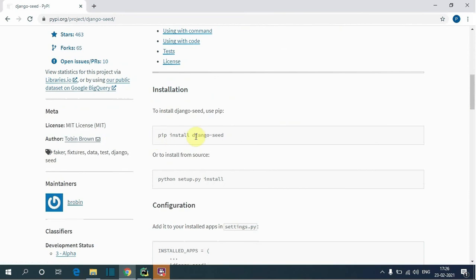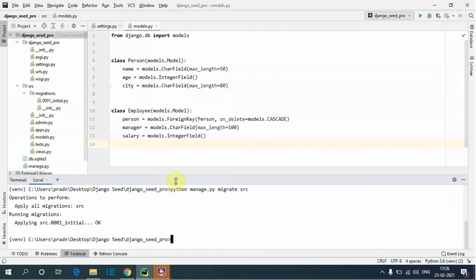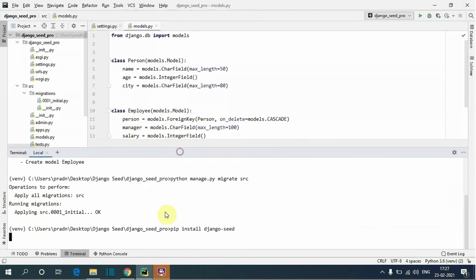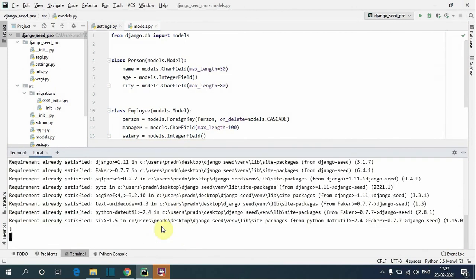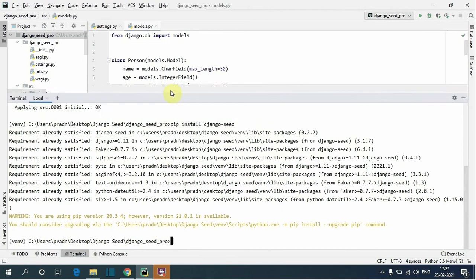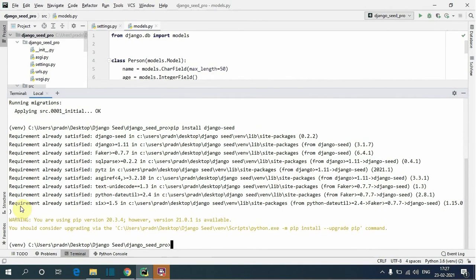Using the pip install command we will install Django Seed. So I will copy this, and here I will paste. I have already installed the library, so it is showing that the requirement is already satisfied.